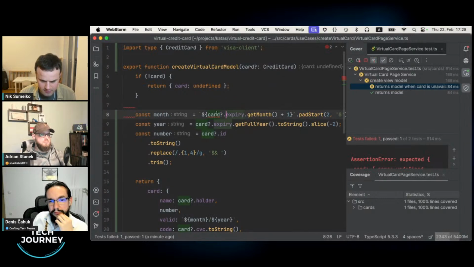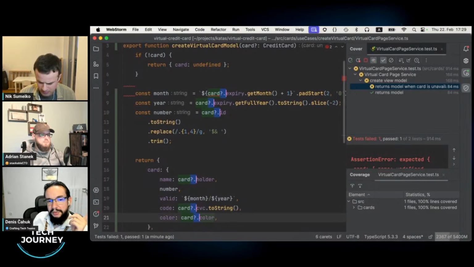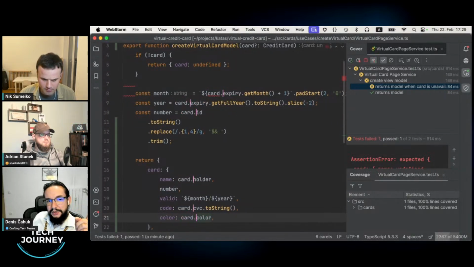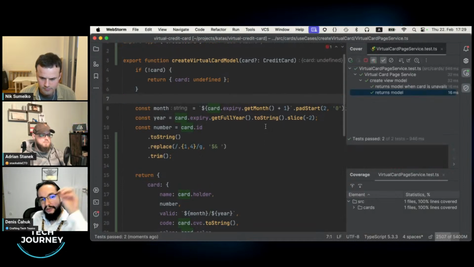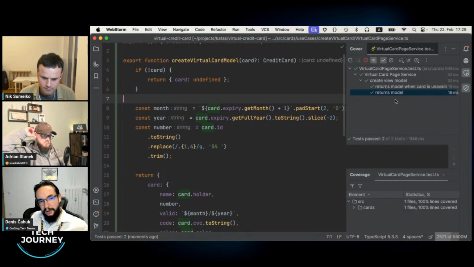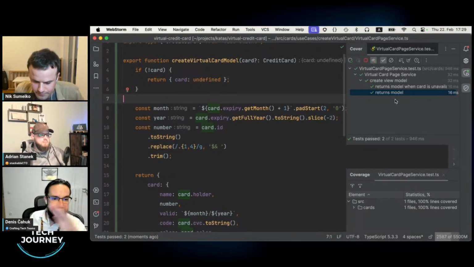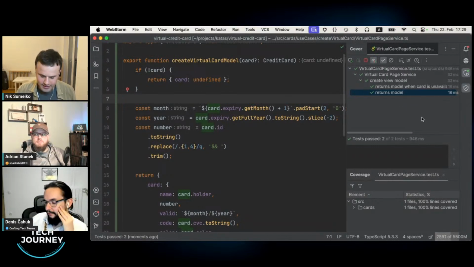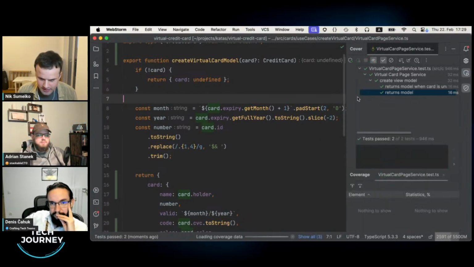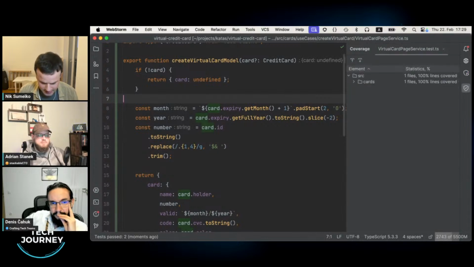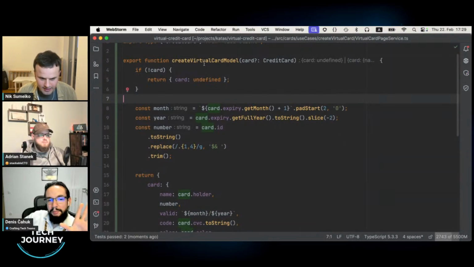Let's replace them. For those of you who are not familiar with this, the if statement acts as a type guard for the or undefined. So since we have checked that it's not undefined, then beneath all of those lines of code, beneath line 6, the type narrows down to the not undefined version. Yeah. Cool. My tests are in place. Now it will be very easy to integrate this. So I take that function.